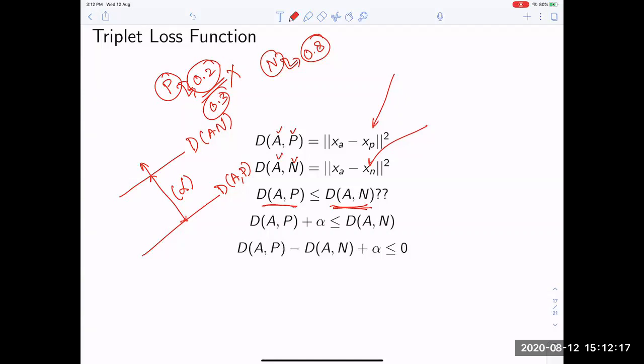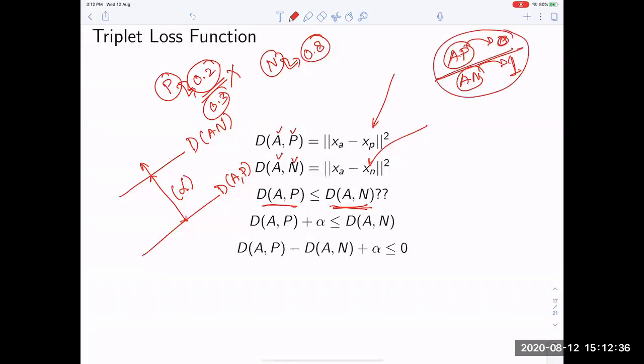Do you understand the difference between contrastive and the triplet loss? Contrastive loss was only saying that AP type of thing should have to be going to 0, and AN type of thing should have to be going to 1. Here it is saying that no, it should not be going to 0 or 1, because it is difficult to maintain several times. It is saying that in hard cases, it may be a very hard example in which A and P are actually coming from the same class, maybe Ajay's.